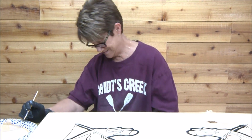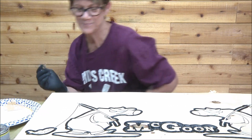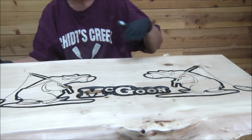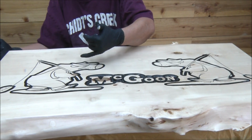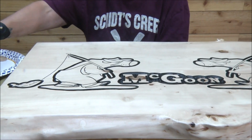Hi guys, welcome back. So now it's my turn and I get to paint this McGoon sign. Woohoo! And I just knocked over my cup. Sorry about that. Okay, so Eric has about 5 coats of the Halcyon, Total Boat Halcyon finish on this sign. And we've got a bunch of different colors that we're going to do. I'm going to start with this little hat. It's going to be tan. And we're using the one-shot,